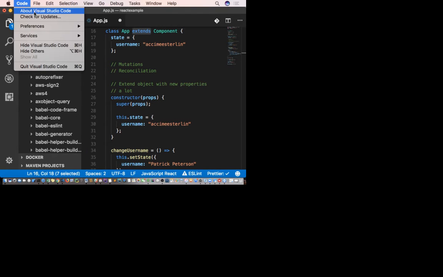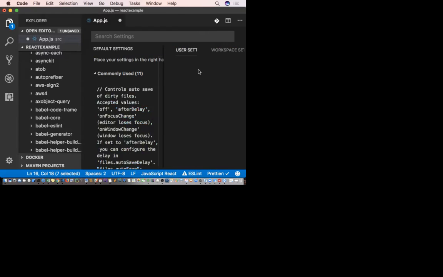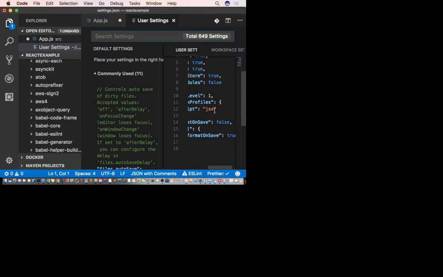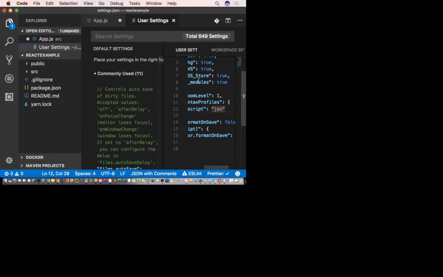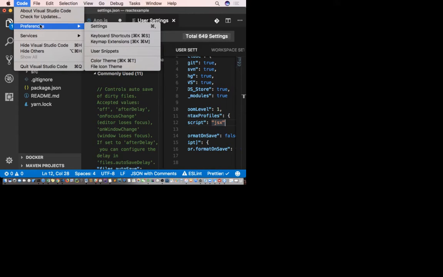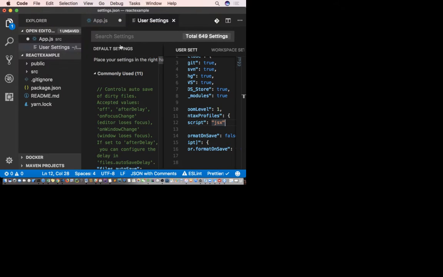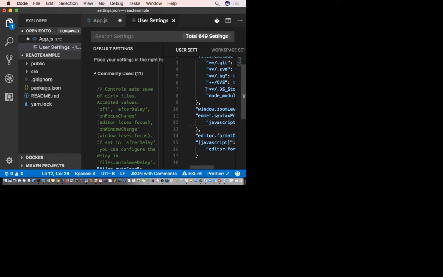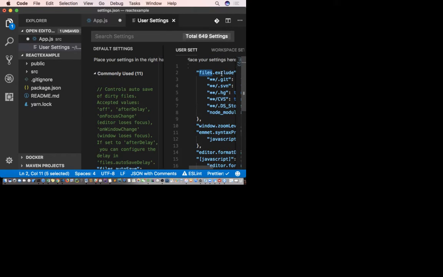Hold on, let me set up one quick thing, because this is bothering me. Okay, there you go. In case you just noticed, if you have a Mac, you head over this icon, go to preferences and settings, and then down here you see where it says files excluded.